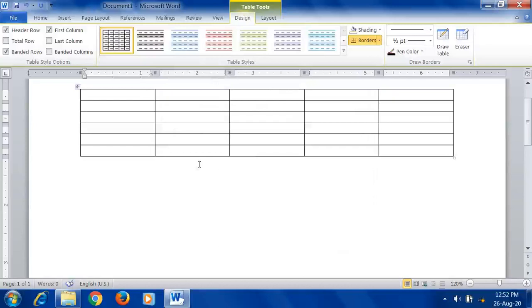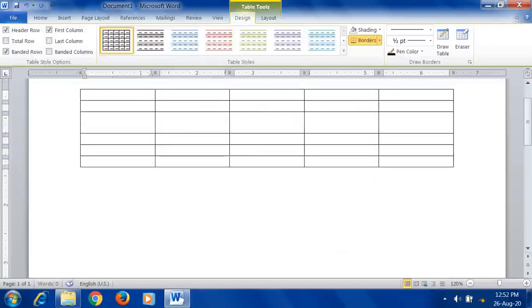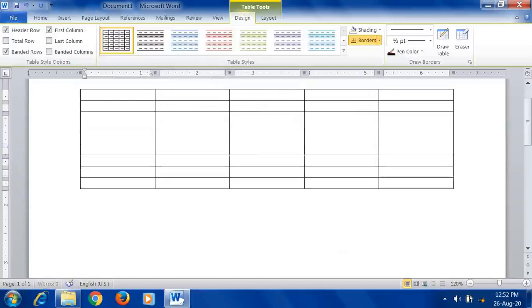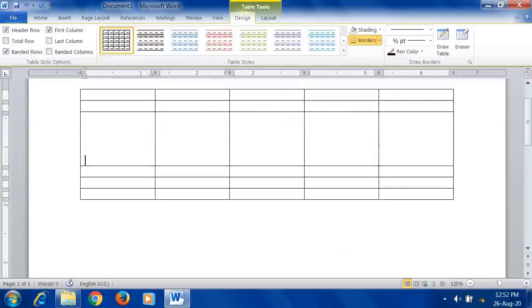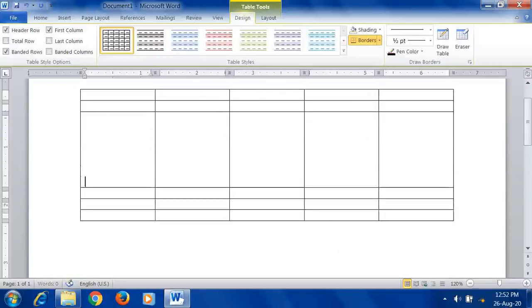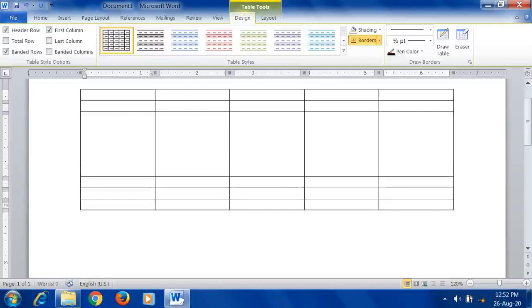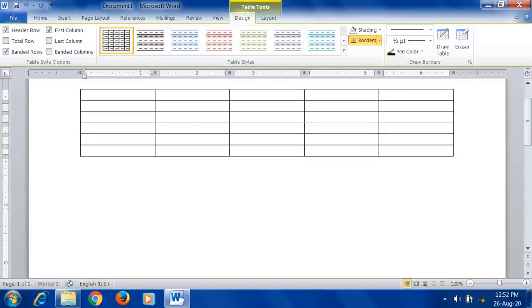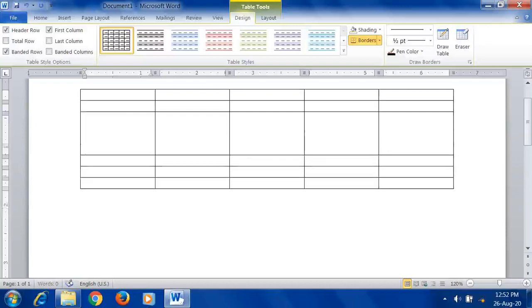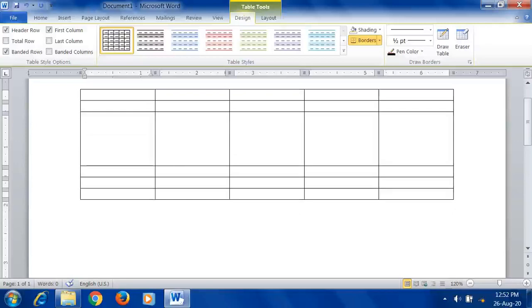So now what is another method? Another method is just press enter key. Simple method. You just press enter key, and how much height you want, automatically height is increasing. So if you don't want to go to that menu option, you can use enter key on your keyboard, then also height gets increased. Okay, so this is increasing row height.